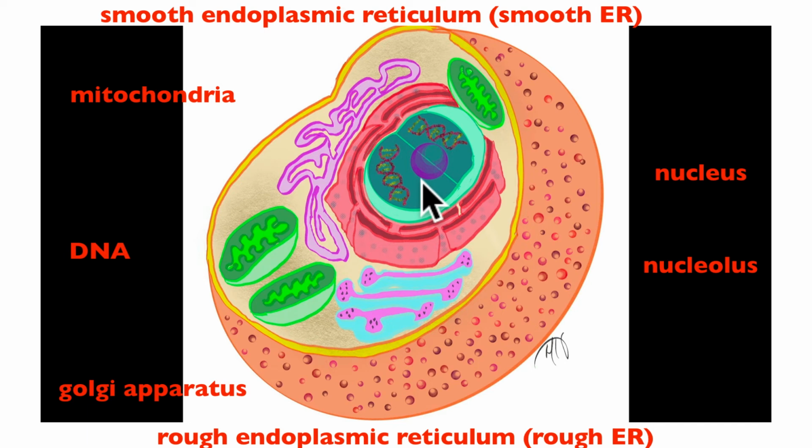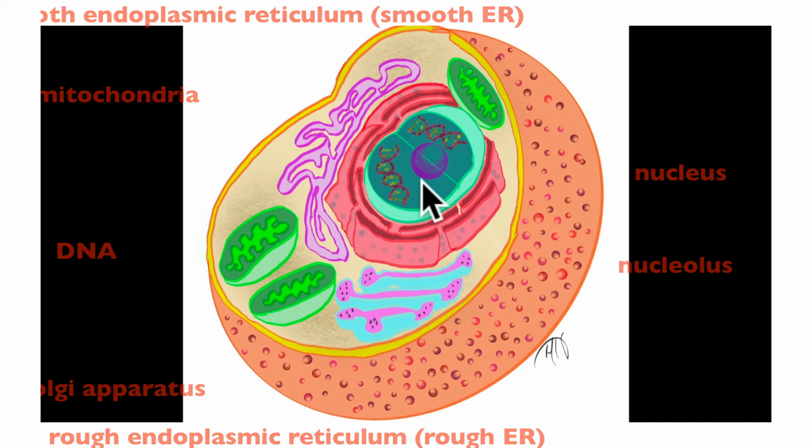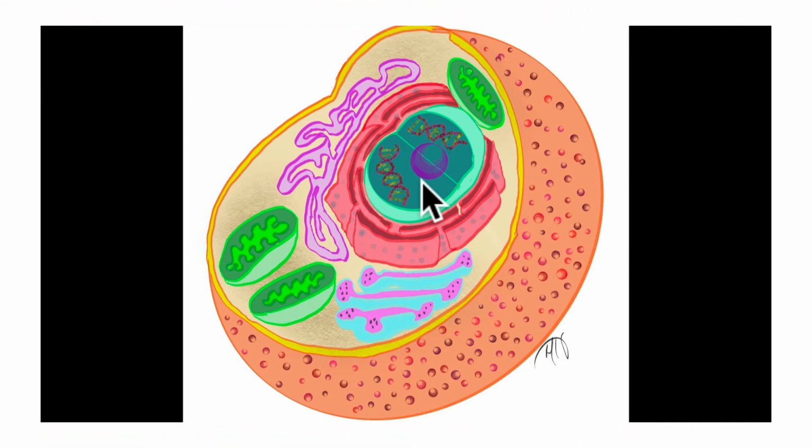see right here. Now, some cells have one nucleus. Some cells are multinucleated. They have more than one nucleus. And that's where we find the great majority of the genetic material. There is some genetic material housed within the mitochondria of cells, but the main purpose of mitochondria is to produce